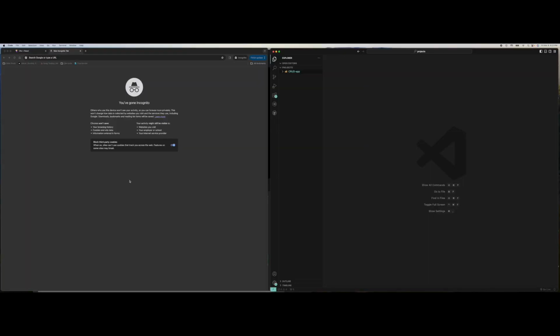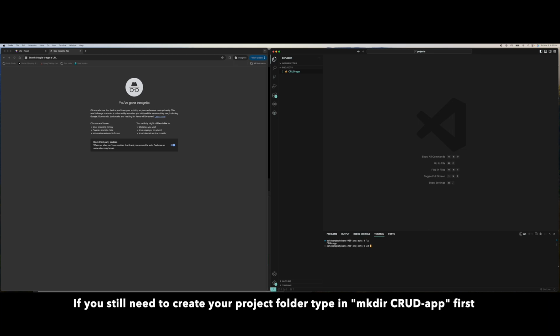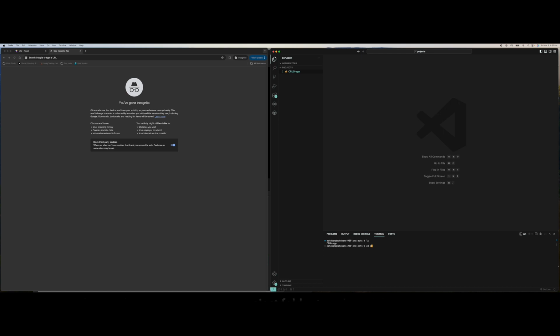All right, we're going to start off by creating two folders. One of them is going to be client and the other one is going to be server. So let's go up to our View tab and then Terminal to open up your terminal, and make sure you're in the folder where you're going to be creating your project. My folder, I'm going to name it CRUD app. I already have it created, so I'm just going to go into that folder. So I'm going to do cd and then the name of the folder,